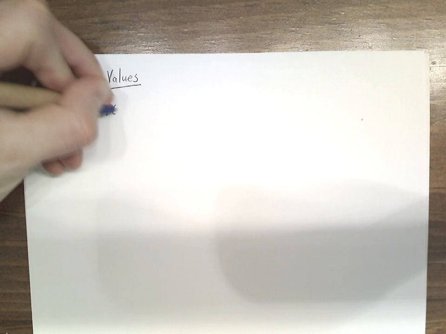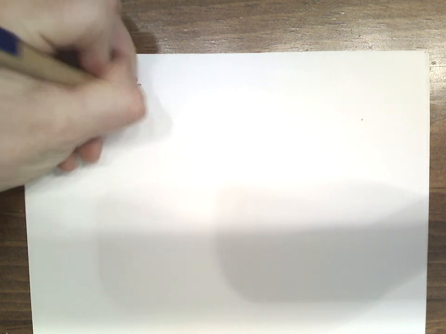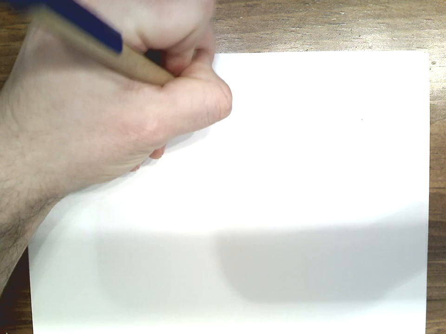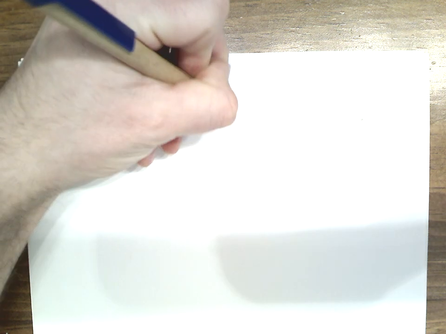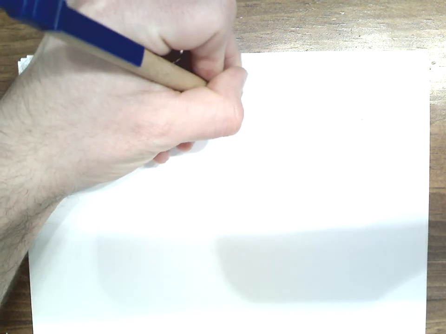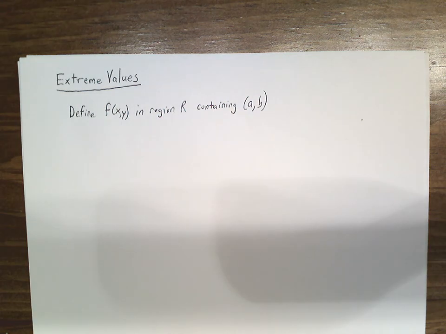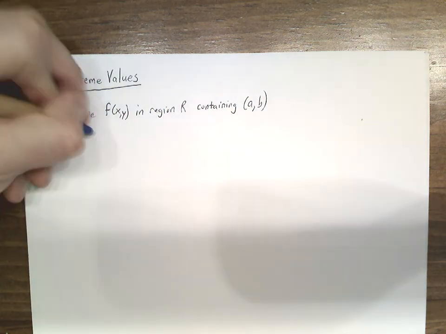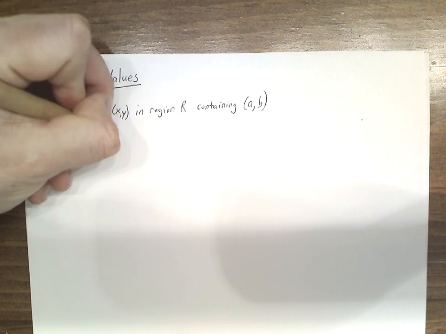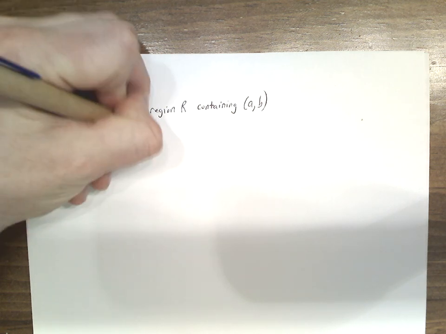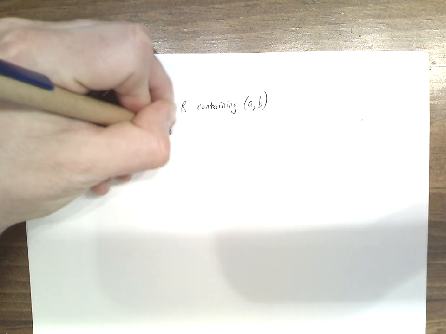So we're going to define some function f(x, y) in a region. We'll call it R. It's a good name for a region. And we're going to contain a specific point (a, b). So (a, b) is just an ordered pair. It's the coordinate of some point that lives inside that region. It turns out that the function f of (a, b) at that point is a local maximum